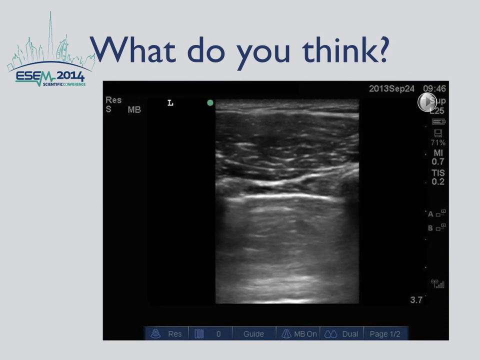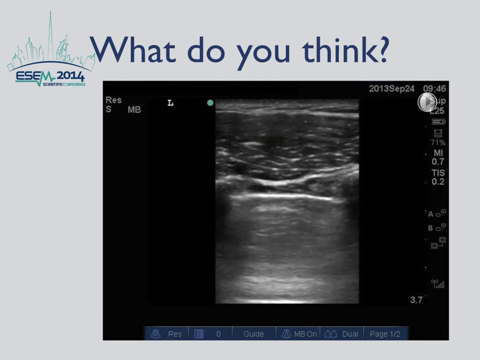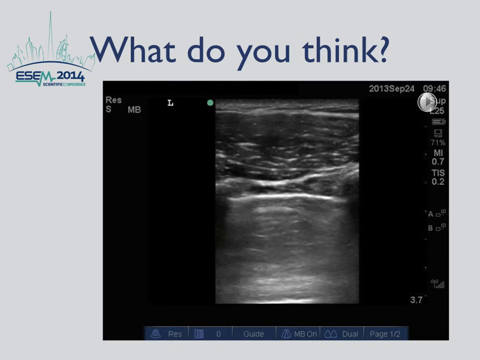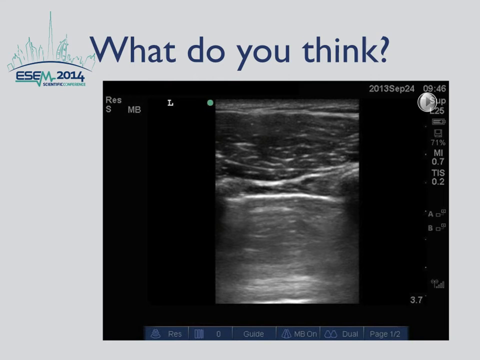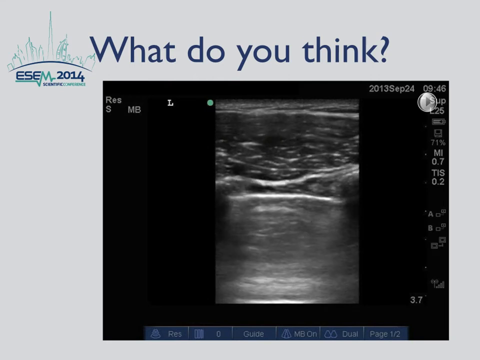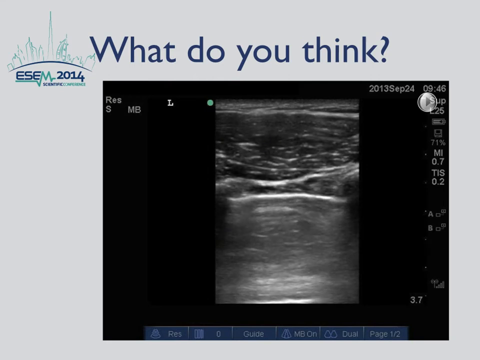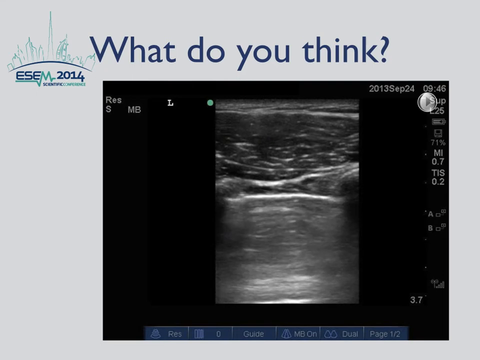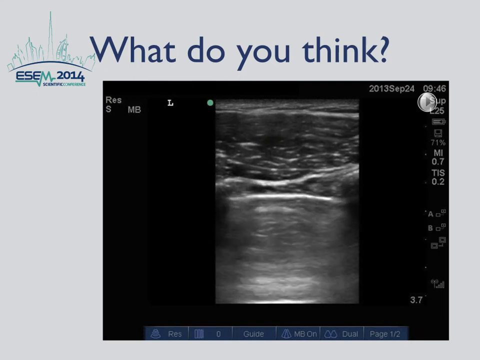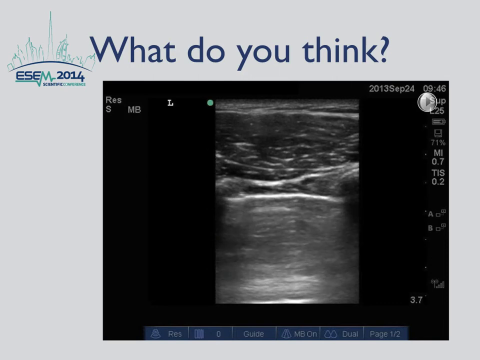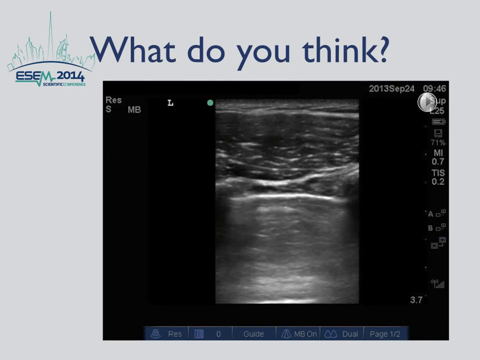So in this video, you can see what is known as a lung pulse. The lung pulse refers to a rhythmic movement of the pleura in synchrony with the cardiac rhythm. It is best viewed in areas of the lung adjacent to the heart, at the pleural line. The lung pulse is a result of cardiac vibration being transmitted to the pleural line